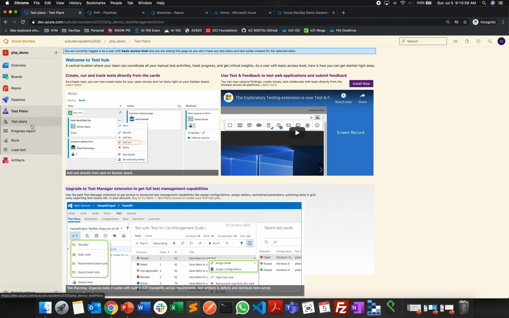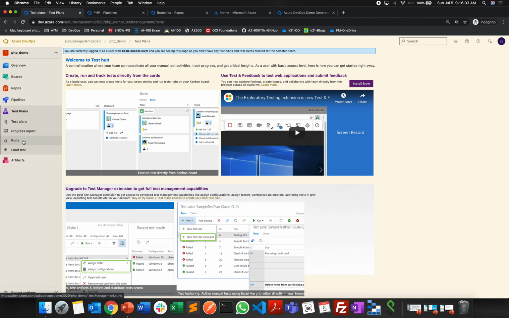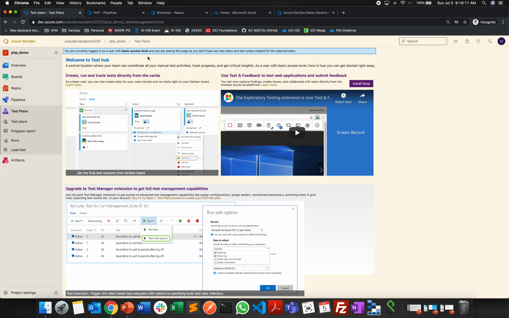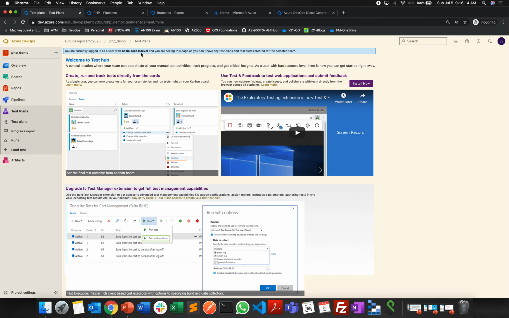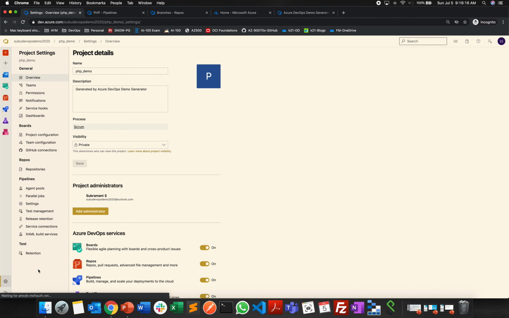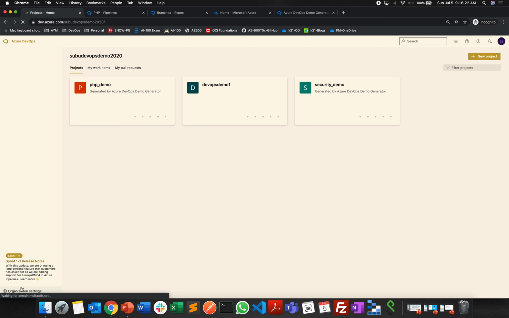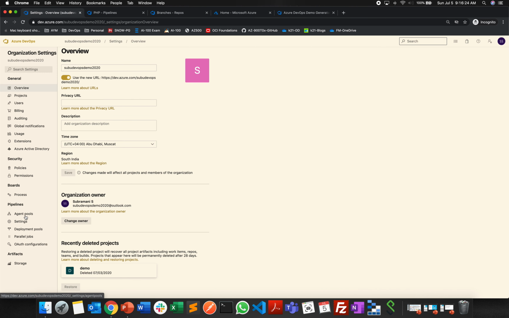Under Test Plans, you will have four main options: test plans, progress reports, the number of runs that happened, and load test. By default, we only have the basic level of access to test plans. To get test plans access, go to the project settings and set up the testing retention and everything. And for the organization level, just go to the testing areas, and then you need to get the test options available. So